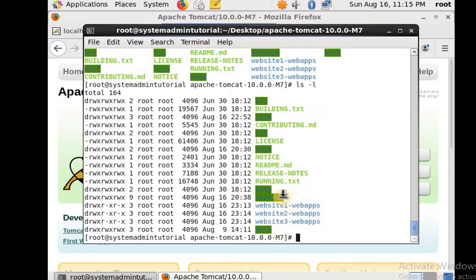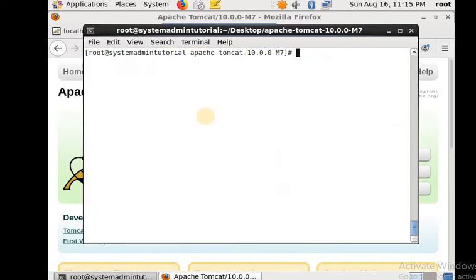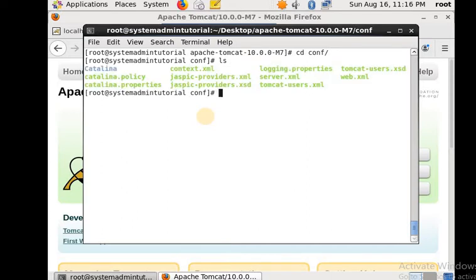Conf is a directory. So we will go to the conf directory, and inside this I'll show you the configuration file. You can see there is one server.xml file, so we have to edit this server.xml.